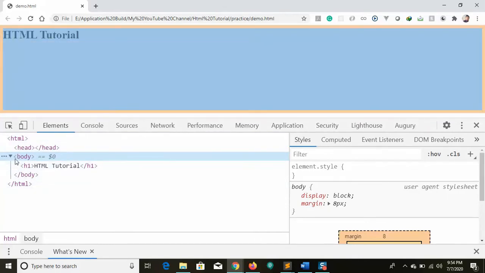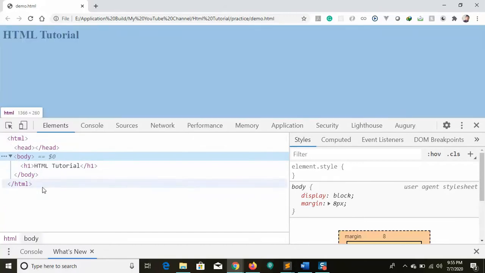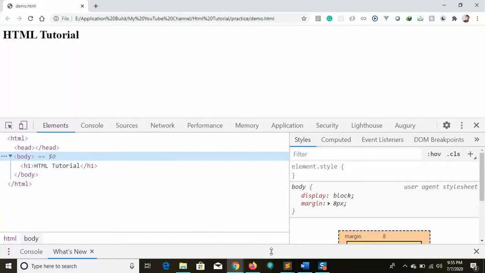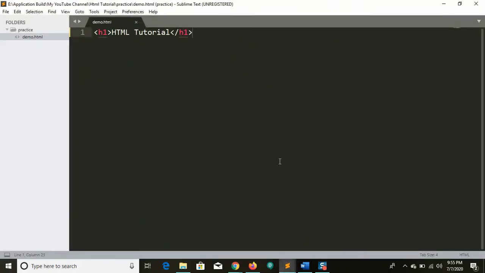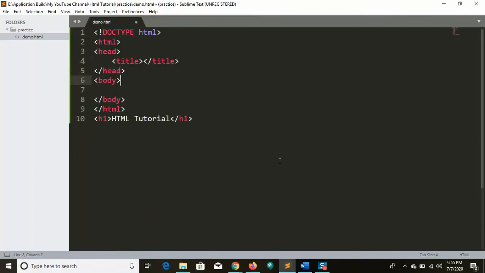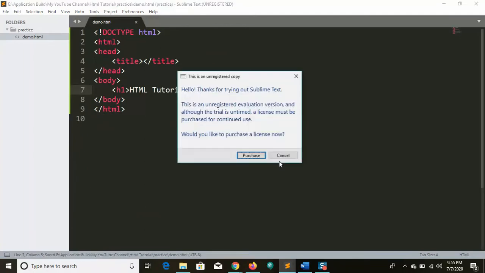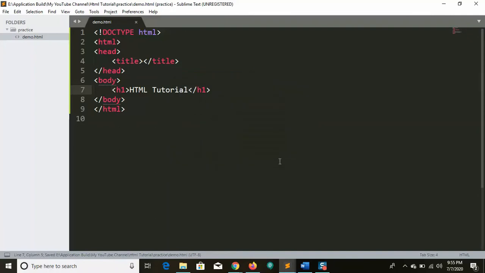So let's try this syntax in our file. Let me give html and press Enter. I will cut this h1 and paste it into the body. So it is our format.